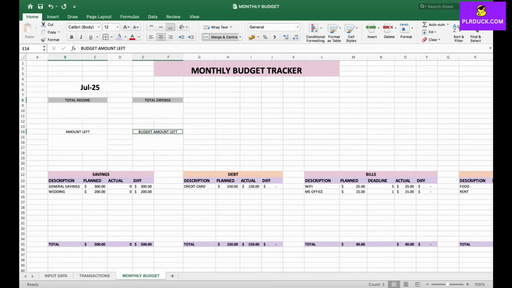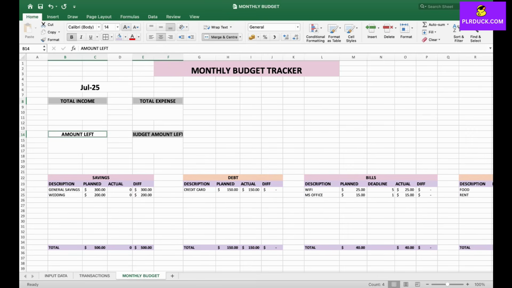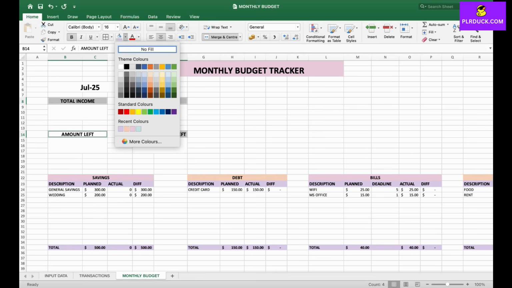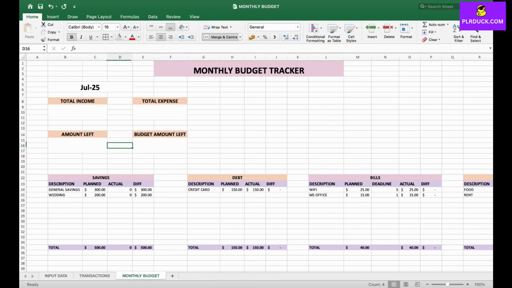Select all these key pointers. I'll make this bold, increase the size, and fill this with this color. And also I'll try to center align this, and I'll fill this with our theme color. Next,